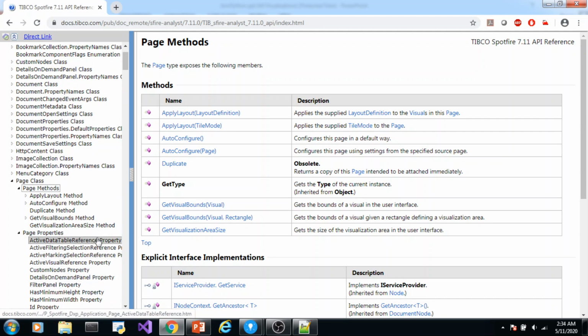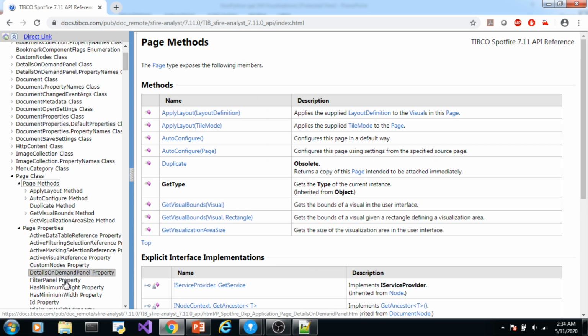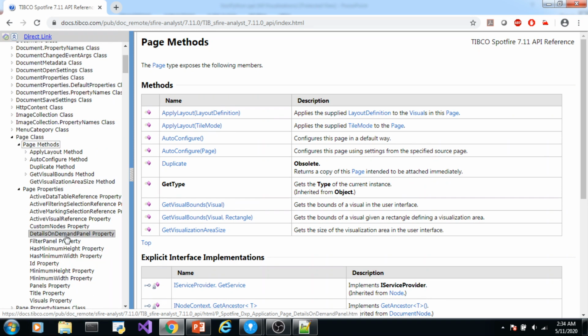Active data table reference property, which will return the data table reference of the currently active visualization. Filtering, active filter panel, marking selection reference, which all correspond to filtering, selection, and markings used on currently active visualizations. So these are the properties of a single page. When you are dealing with a single page, you can use these properties.